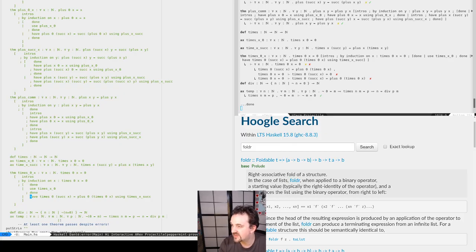So this is the goal we want to prove, right? No, that's the goal augmented with our assumption. And so we need to prove that times 0 suc x equals plus 0.